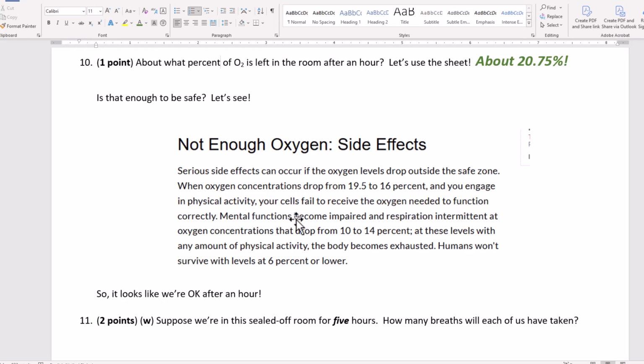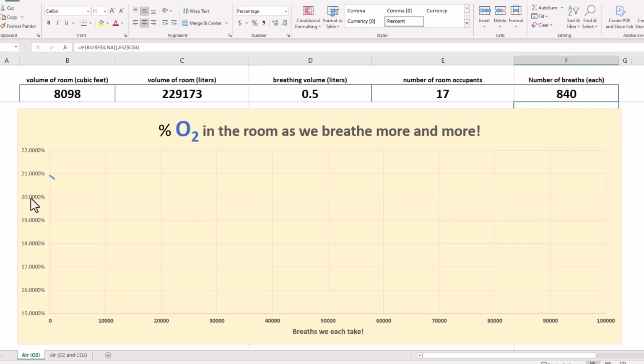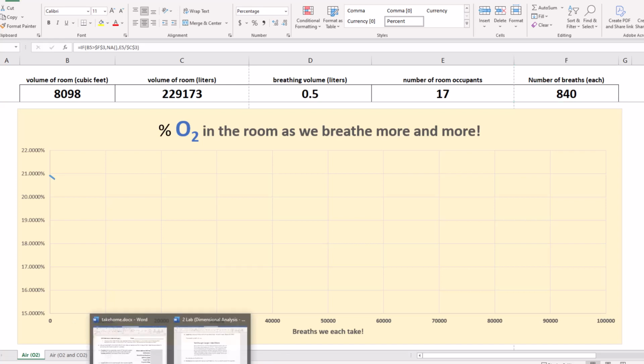Mental functions become impaired from 10 to 14%. Humans won't survive at levels 6% or lower. So we're fine, dudes. I mean, we're not even below 20% yet. I bet you we wouldn't even notice that low. Okay, beautiful. All right, so now,